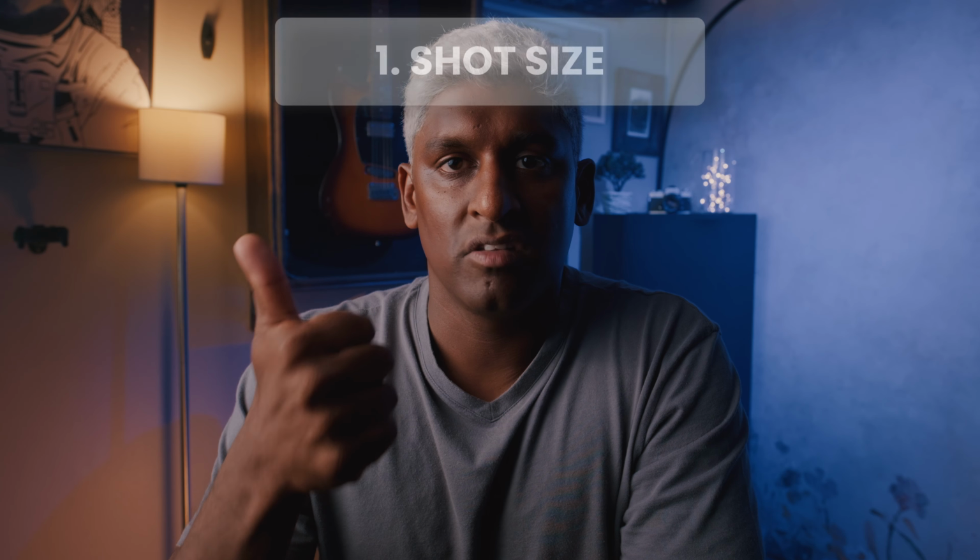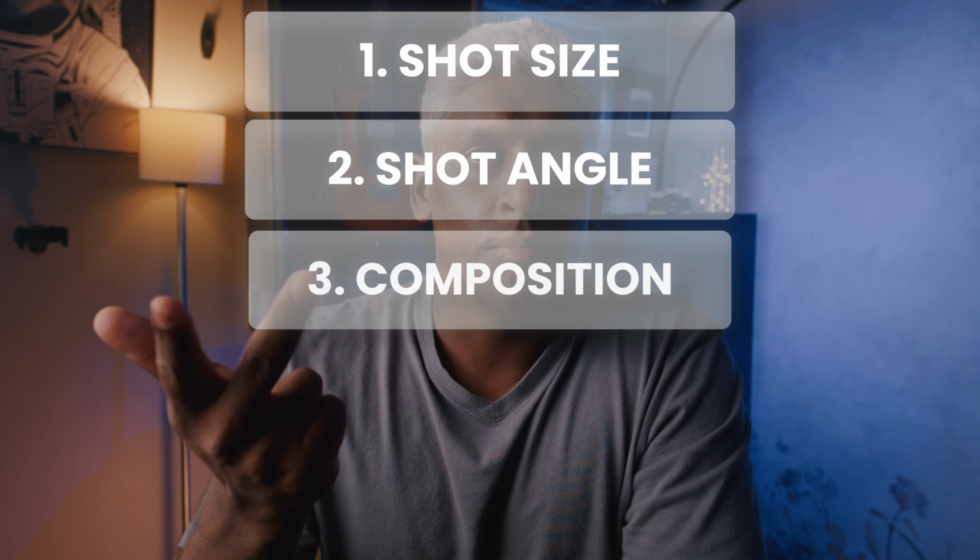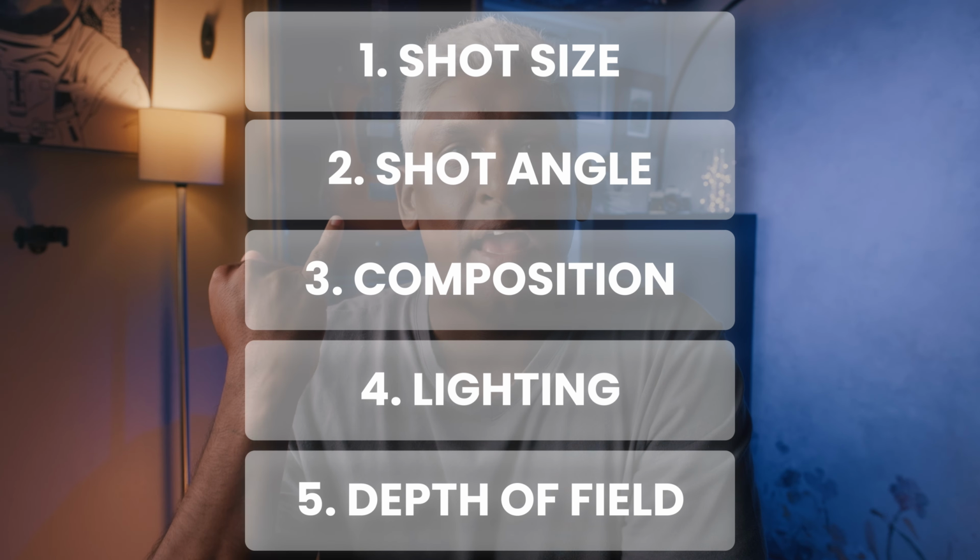It is the combination of the use of 5 elements: shot size, shot angle, framing and composition, lighting, and depth of field. A combination of those, to me, creates a scene, whether it's a still or it's part of multiple scenes to become a film. Those are the 5 main elements. And then later you throw in how and where you position audio to complement the imagery. But we'll talk about that another time.